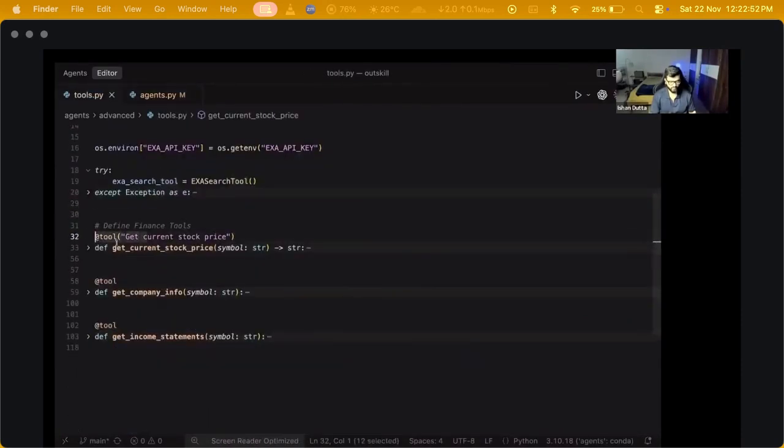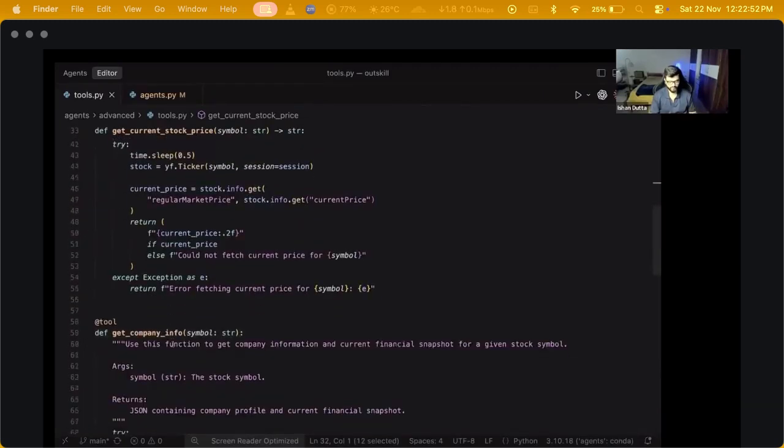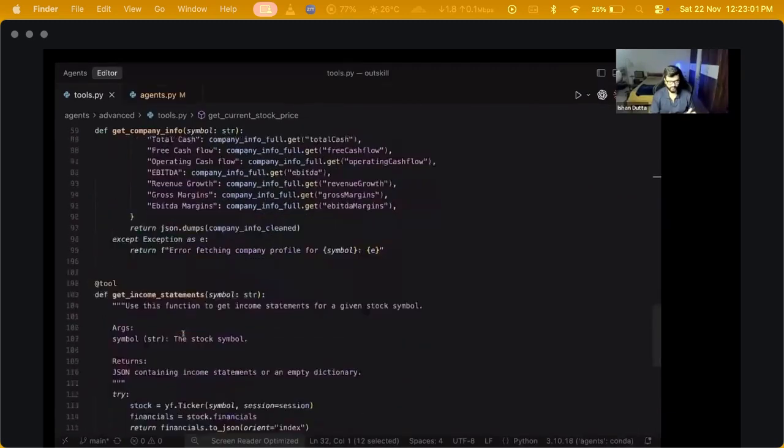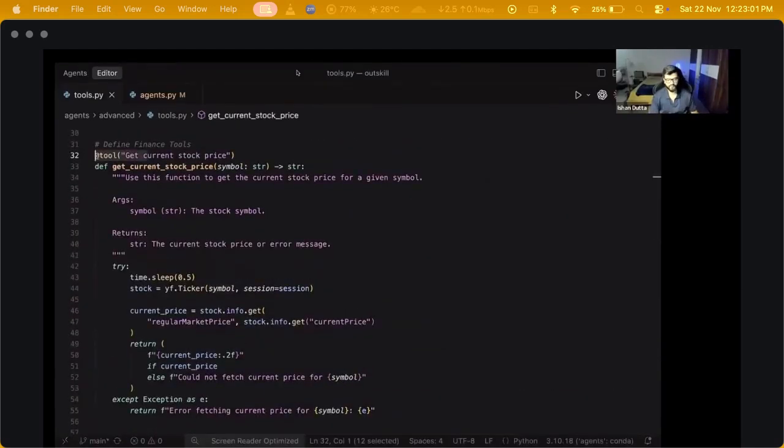Okay, @tool, function definition, and the definition of the function. @tool, definition of the function. Okay, @tool, definition of function. What is in this? First of all, folks, again, you need not understand the Yahoo Finance API exactly in detail,